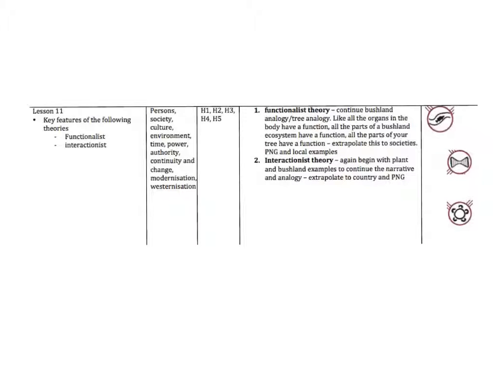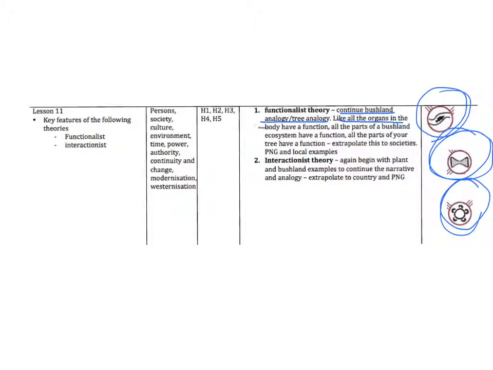So in this lesson we're going to be talking about the key features of functionalist and interactionist theory, and the way that I propose to do that using an 8 ways model is with land links, deconstructing and reconstructing ideas, and symbols and images. And we do that by continuing this bushland tree analogy that we've been working on through all the lessons. So for functionalist theory, you're going to talk about the bushland ecosystem being like all the organs